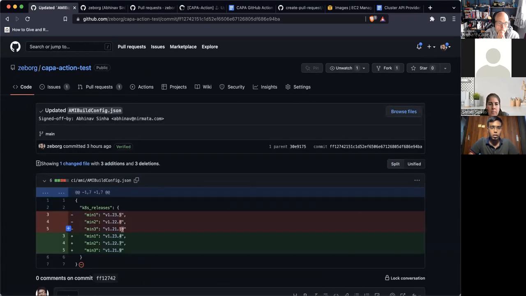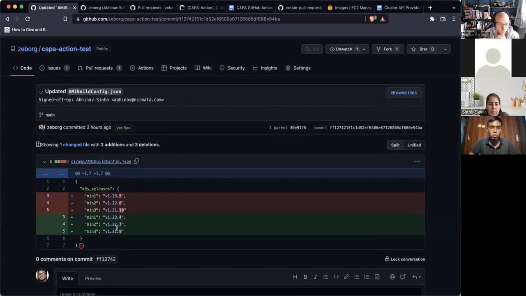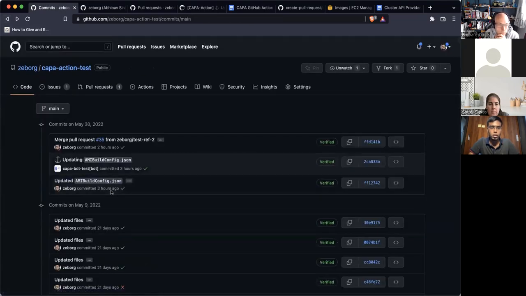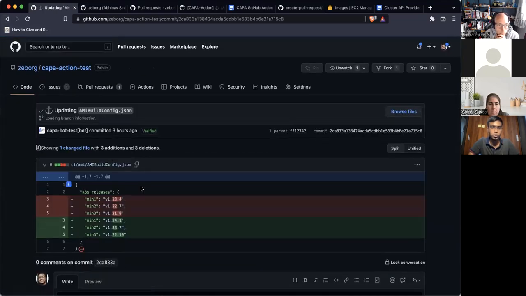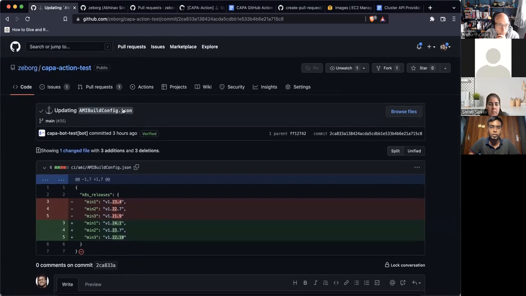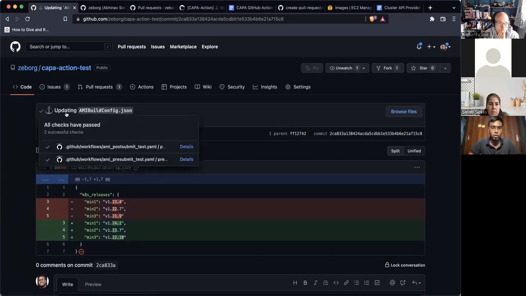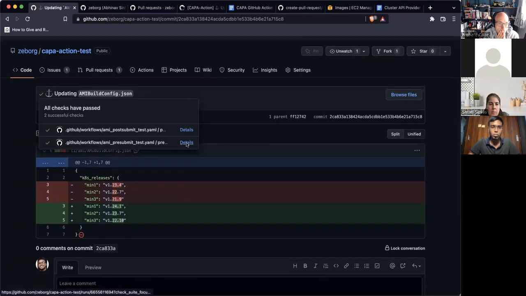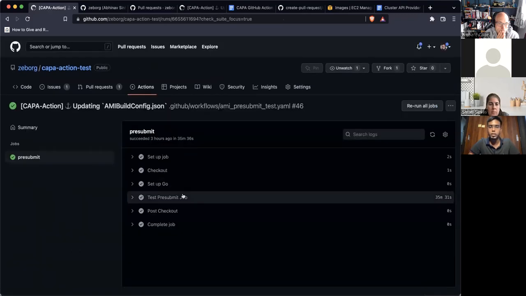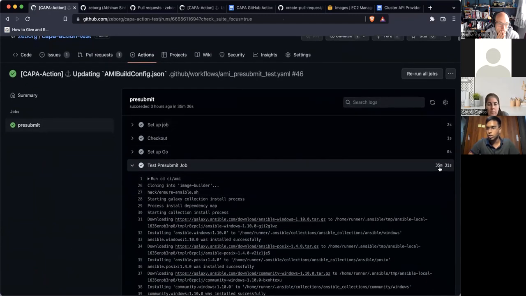In this commit, I provided these outdated versions. So what it did was it triggered this pull request. The periodic action actually created this pull request because I had mentioned the on push event. And once this was created, it also triggered a pre-submit job, which lasted for 35 minutes,